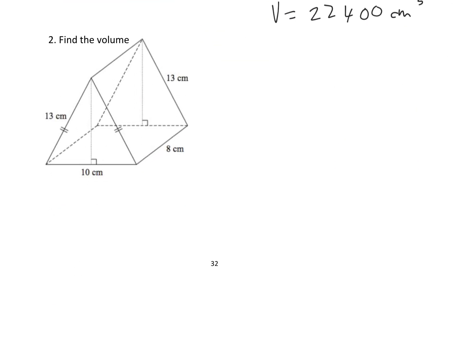In number 2, we've got to find the volume of this prism, which is a triangular prism. So the cross-section is this triangle here. So if we want to work out the area of the cross-section, it would be half times the base, which is 10, multiplied by the height. But I don't know the height of that triangle, it's not indicated, so I can't actually work out the area of that triangle. So you have to use some other information in the question. What do you do? You look at the